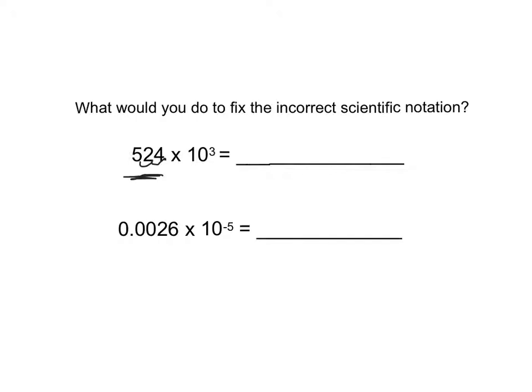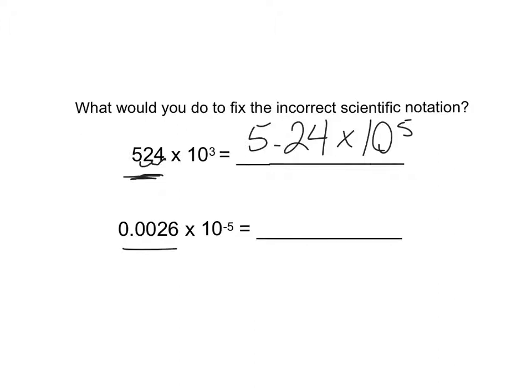Which means our 524 times 10 to the third is going to turn into 5.24 times 10 to the 5. We moved it over twice to the left. Our big number got smaller, so we'd increase the exponent another 2 times. Down there at the bottom,